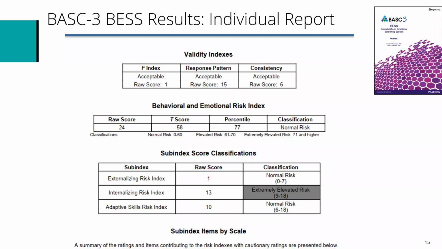I want to note here that for large scale screening efforts, for school-wide, district-wide, or statewide screening, we do recommend using the BESS on the Review 360 platform because the reporting features are designed to provide aggregate as well as disaggregated data based on multiple variables, whereas Q Global is designed for individual or small group assessment. So you do have access to that as part of the digital assessment library within Q Global.